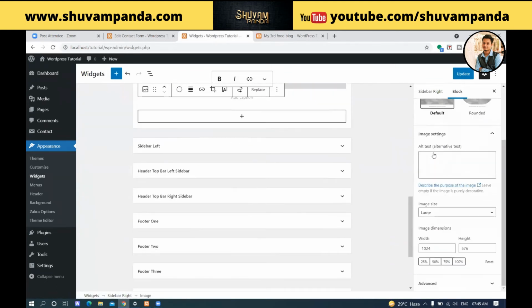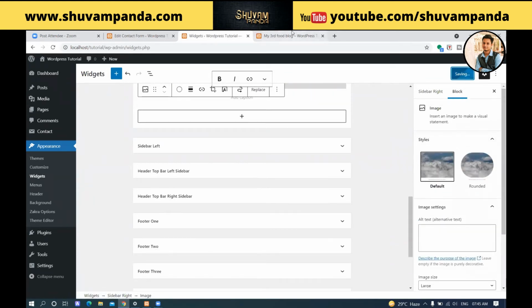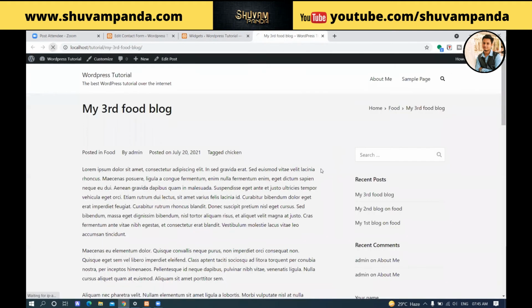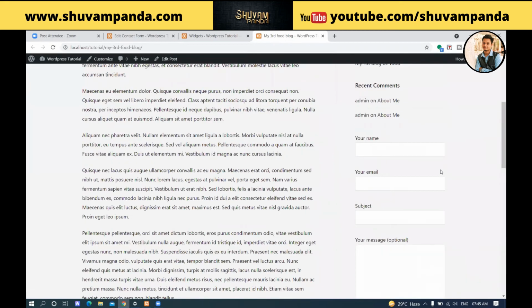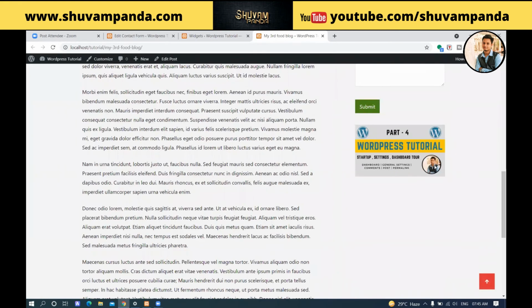Any changes you want, you can do changes over here. Update it, refresh it. You will find an image below the particular WordPress form plugin. Yeah, right. So in this method, advertisers add on their websites. Instead of an image, if I put an advertisement, then I will get some money. So in this process, the advertiser puts an ad in the website.